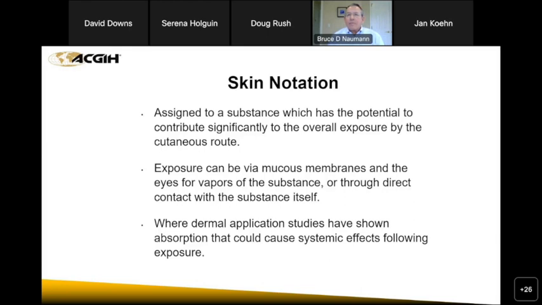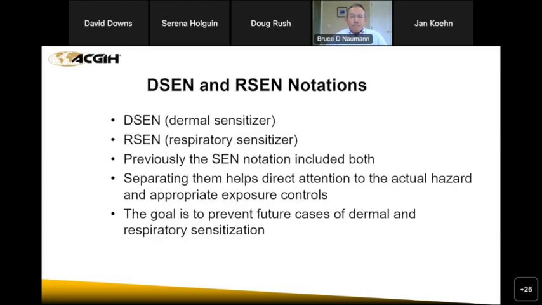It has to actually produce an effect in a study or be likely to produce an effect based on other studies where we had the kinetic data to show that if you got this much of an exposure at these blood levels, you would expect this effect. So there's actually a lot that goes into setting a skin notation. We don't do it lightly, but I think there are about 100 TLVs that have skin notations. In fact, we're using that as a way to prioritize the setting of surface limits right now, along with some other considerations.